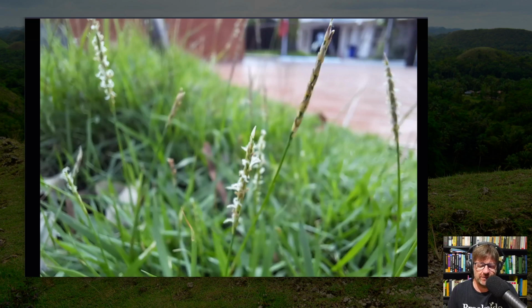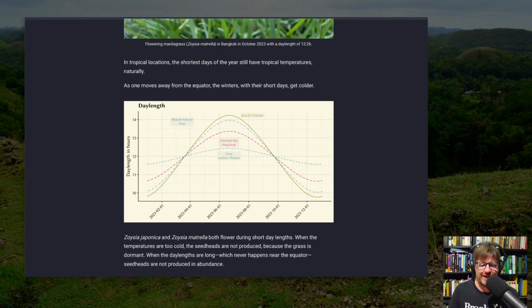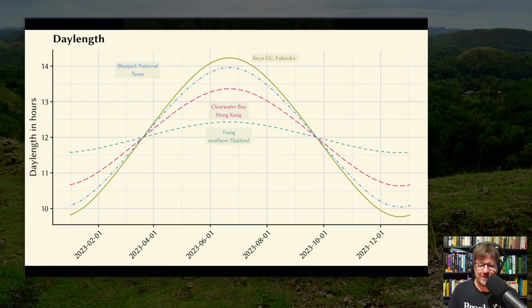And this is something that I'm trying to figure out a little bit more, trying to see which varieties have more seed heads, which varieties might have less. The types that have less seed heads at the desired mowing heights, whether for lawns, golf course fairways, or sports fields, are going to be preferable. And if there's something related to management that allows the grass to produce less seed heads, that would be good too. Anyway, I put this as a placeholder there and showed a day length chart, which I think is something that maybe people aren't